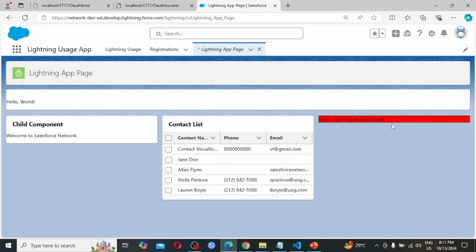So what is happening here with Shadow DOM? This HTML template has a div element, and here it is applied with the CSS we had provided. Due to Shadow DOM encapsulation, these styles will not affect any elements outside of this component, and external styles won't affect